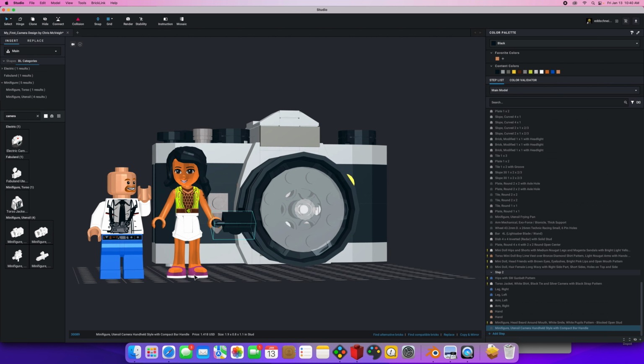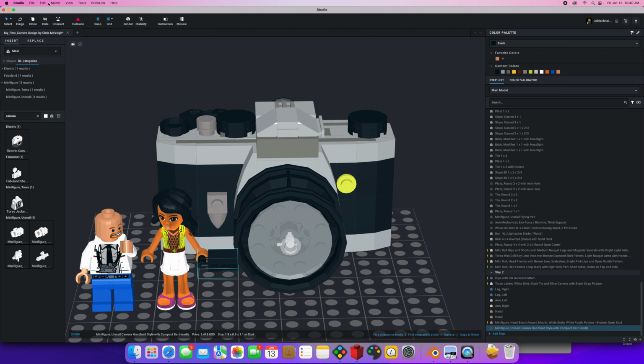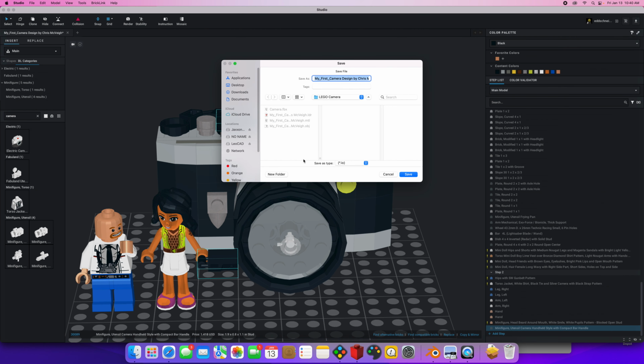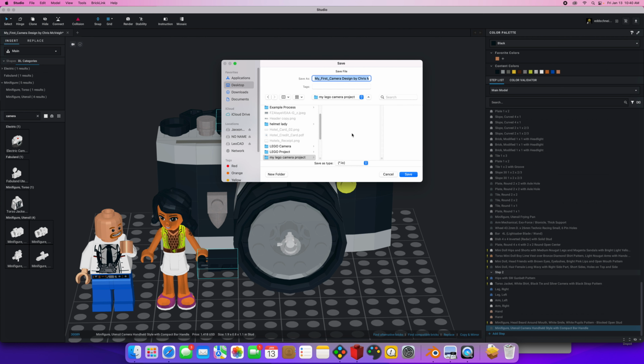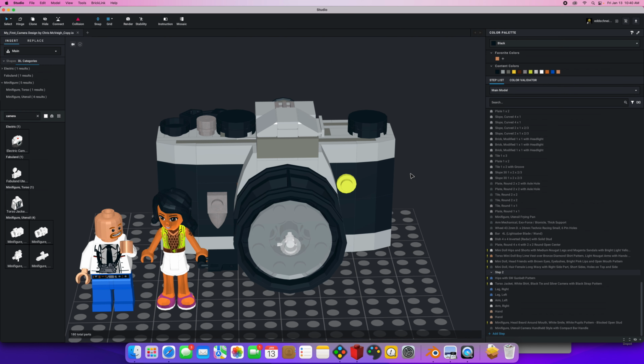Okay, and so now what I'm going to do is save it. You probably should have saved it before this, but I'm going to save it as a Lego Studio thing. All right, so I'm going to go to the desktop. I'm going to make a new folder. I'm going to say my Lego camera project. Right, this is super important. All right, that you save everything in the same directory because things need to find each other, the 3D models